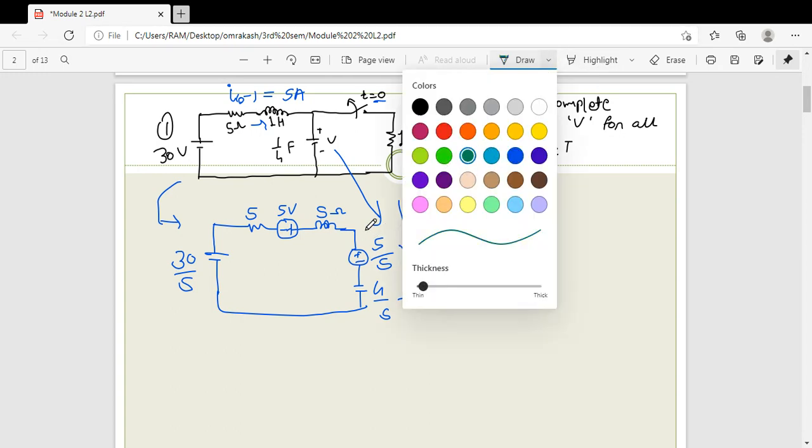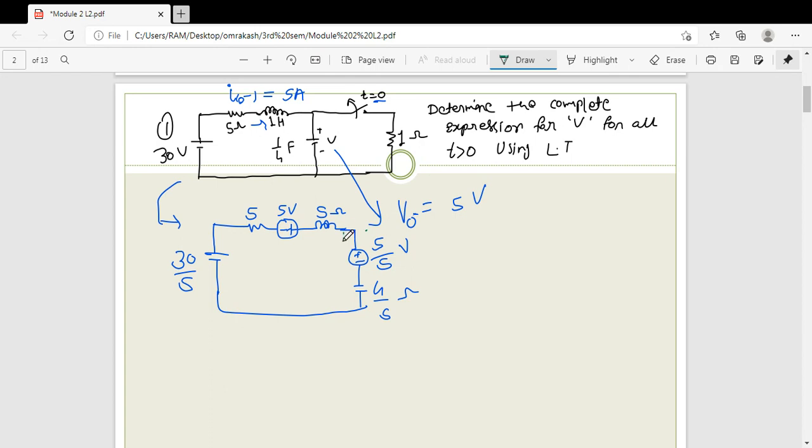Here you need to find out the Vs, as this is your Vs, right? Because the internal voltage is connected in series with this capacitor. So what you actually want to find out is the Vs of this whole branch. Now the current flowing in this circuit is I of S.